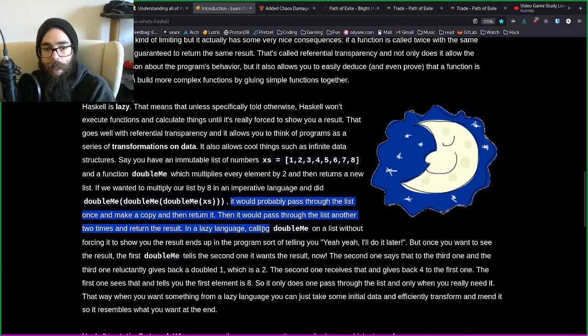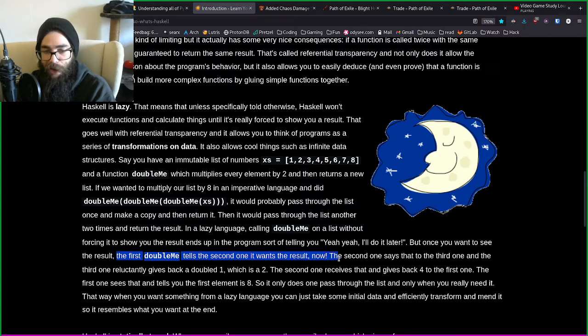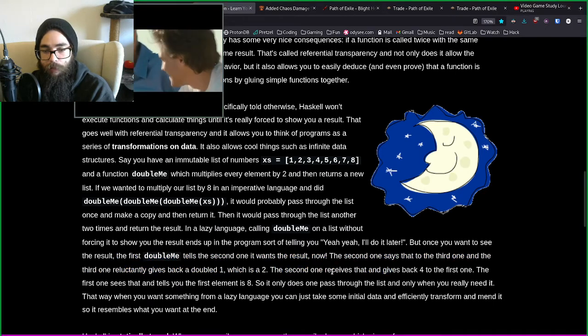In a lazy language, calling doubleMe on a list without forcing it to show you the result ends up in the program sort of telling you, yeah, I'll do it later. But once you want to see the results, the first doubleMe tells the second one that it wants the results now, and the second one says to the third one, and the third one reluctantly gives back 1 doubled, which is 2. The second one receives that and gives back